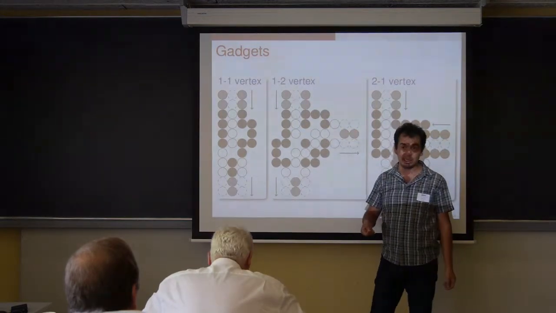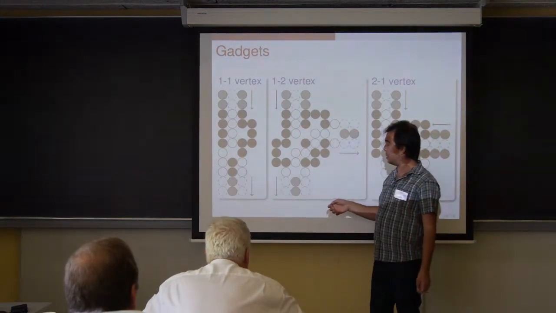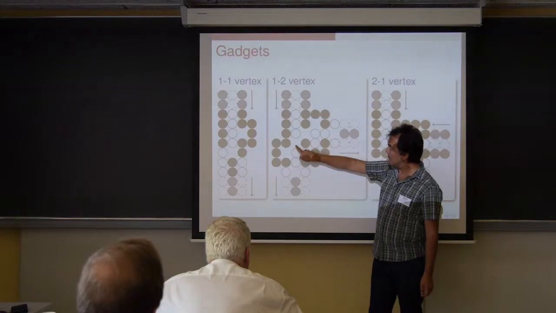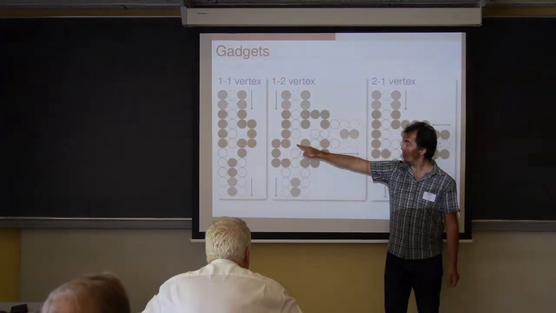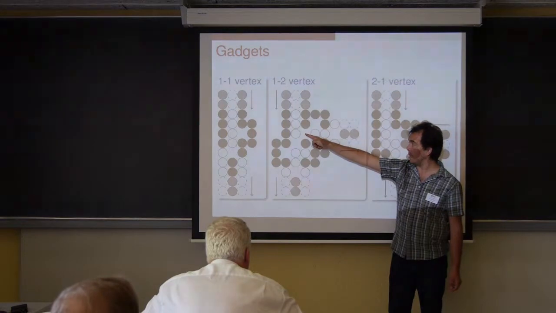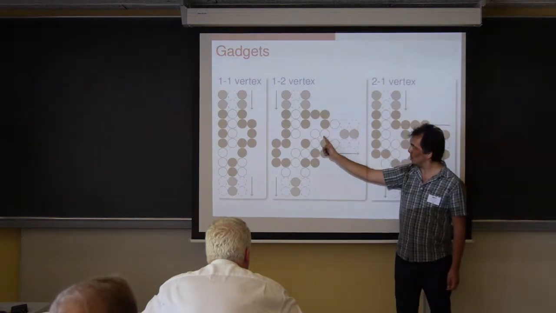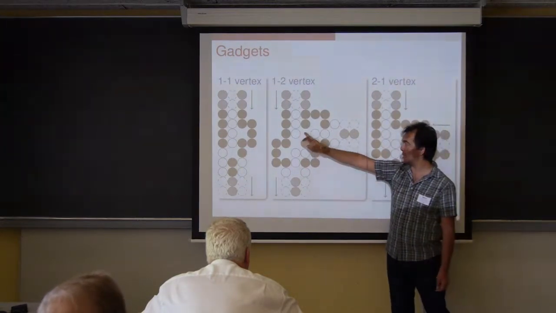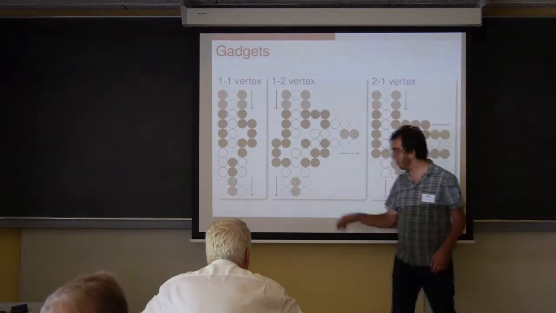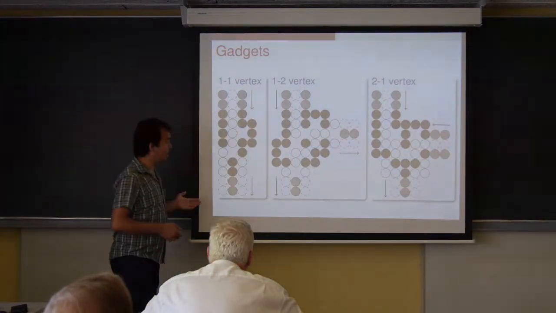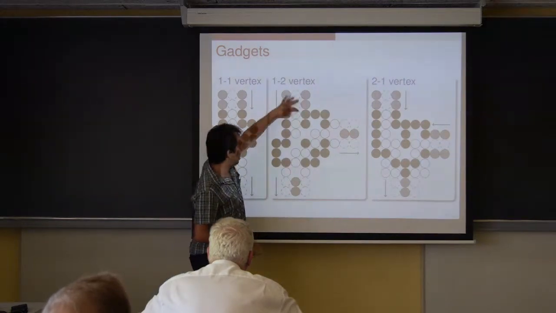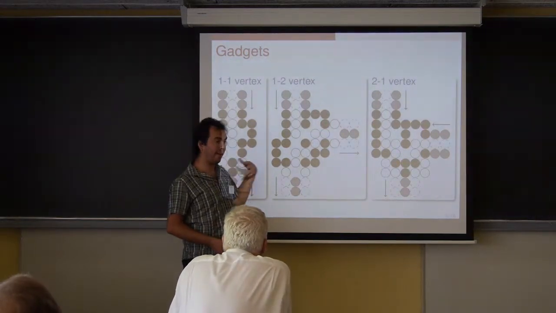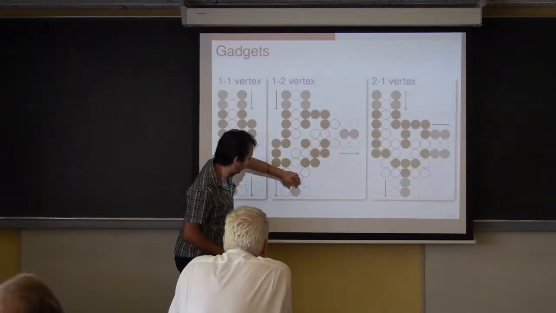White needs to protect it, and white is going to decide to protect it from going to the bottom or to the right. Say that white places a stone here, then black has to protect this small stone by playing the black stone there, which threatens this small group, so white has to play here, and the game goes on in the right direction. If white had started here, the game would have gone on around the bottom, and so white can choose how protecting this group and making sure that this group lives is going to affect the game. Are we going to threaten this group or this group?